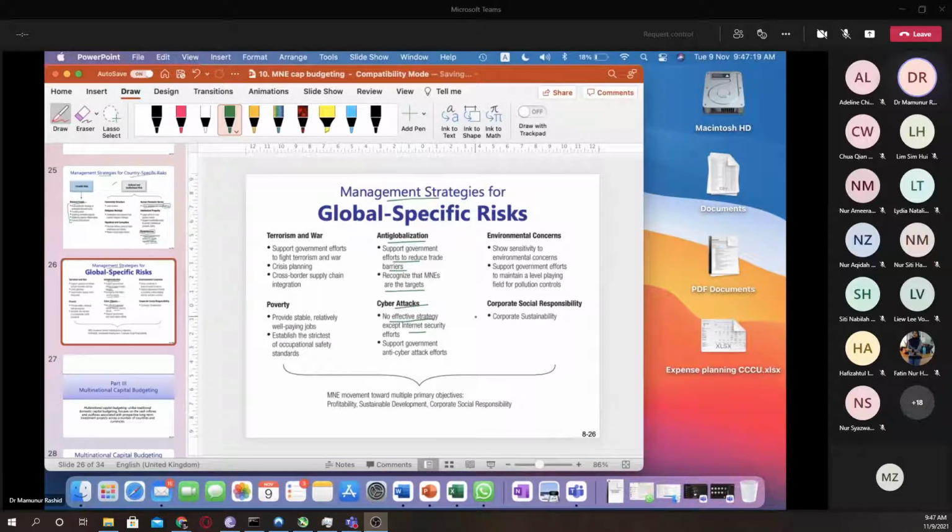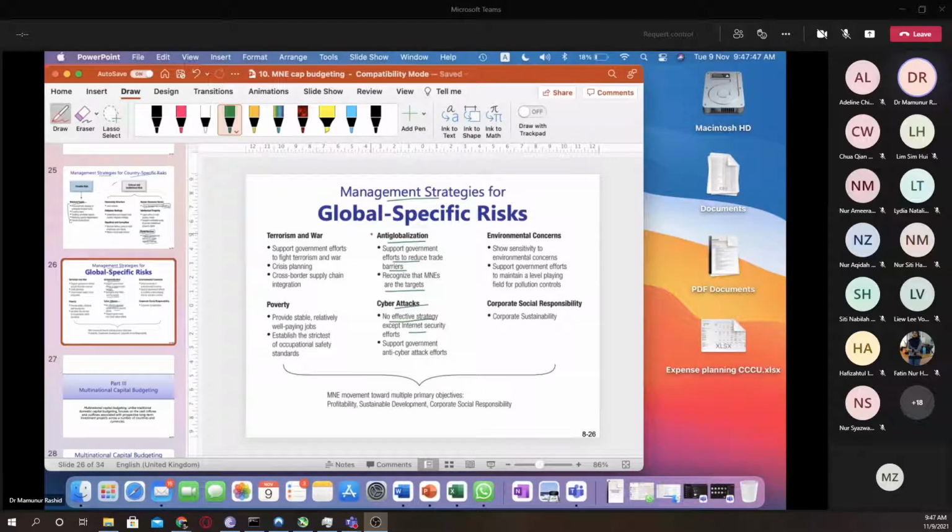Global risks are a very large issue. It is very difficult to control, but companies will still try to find solutions through negotiation with the government. They will also recruit lobbyists, lobbying firms, to lobby on government policies so that they can survive and also operate with profit. So these are the three types of political risk, and there are strategies for